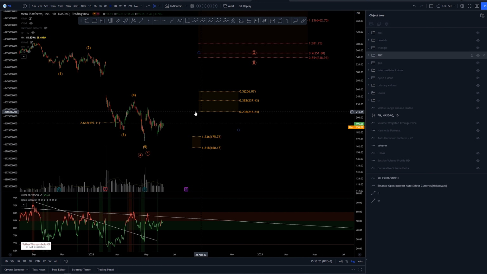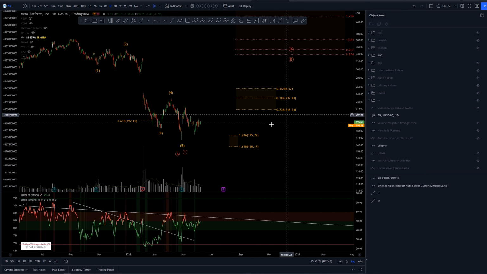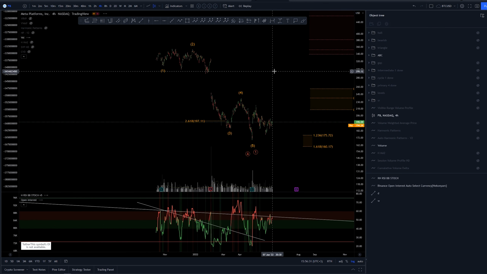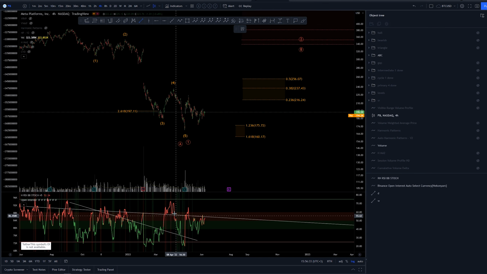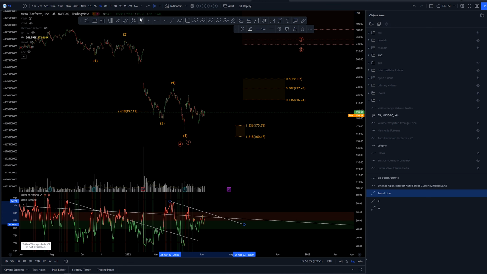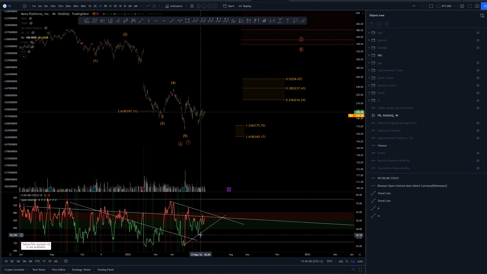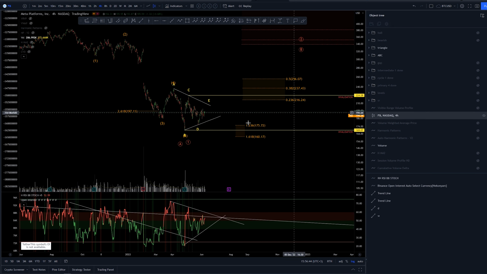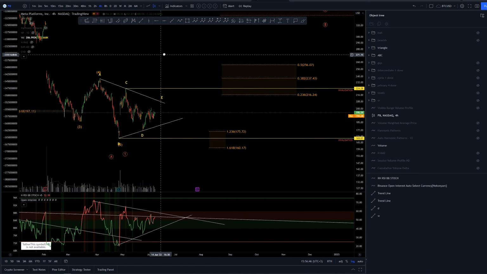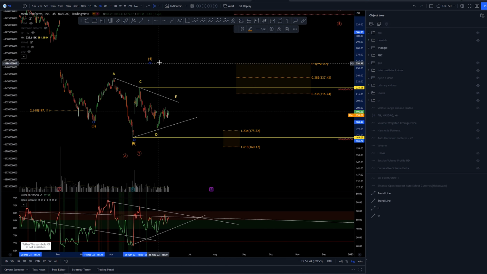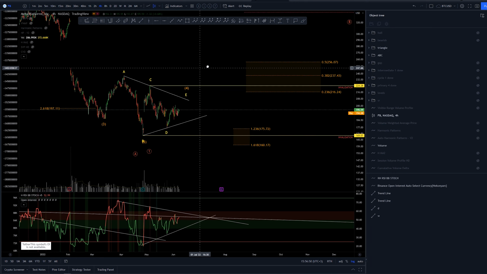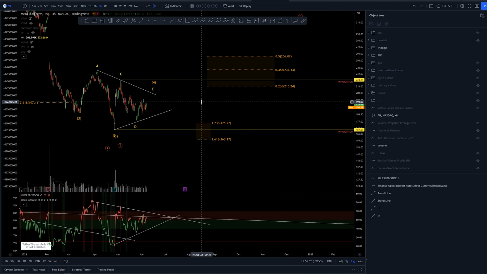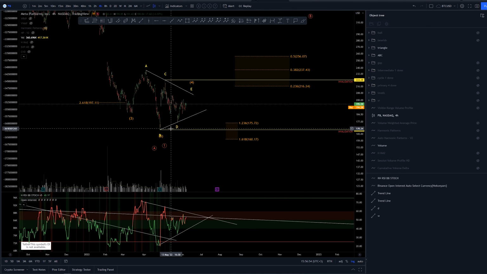Now, there are other possibilities here as well. On the lower time frames, even on daily, we can see that these trend lines are contracting. That would indicate some kind of triangle, and that is definitely a possibility here. We can see this count where, instead of wave 4 ending here, we would have wave 4 ending somewhere here for the wave E. We have invalidation points here,